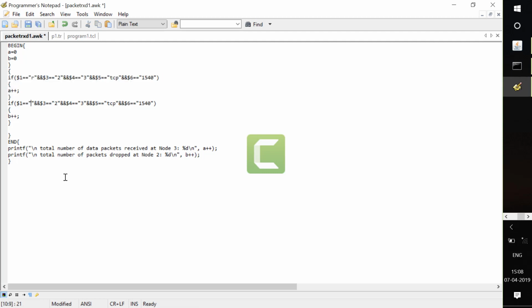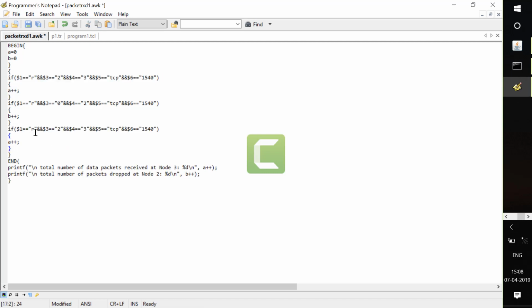Similarly, I will write here R. The third column I will write as 0, and here I will write 2. Same way B, and I will create one more loop here. In this same thing, I will mention 1, here 2, right.